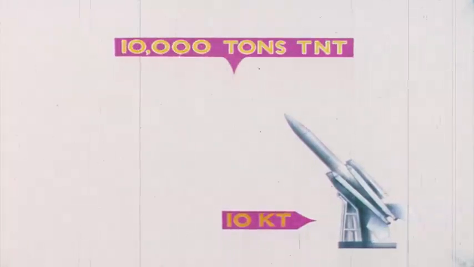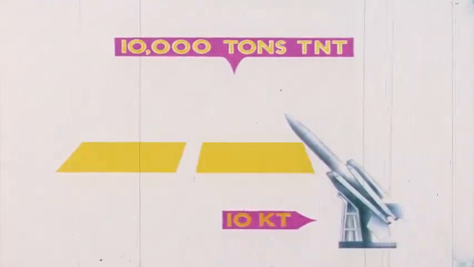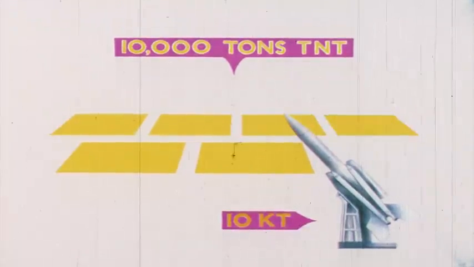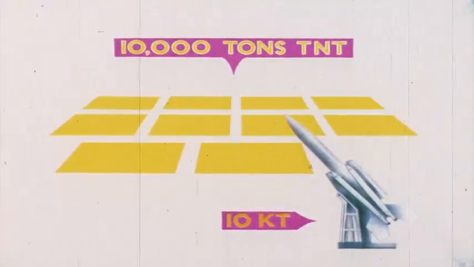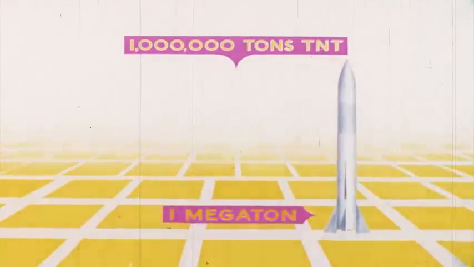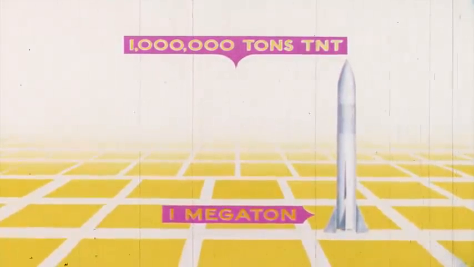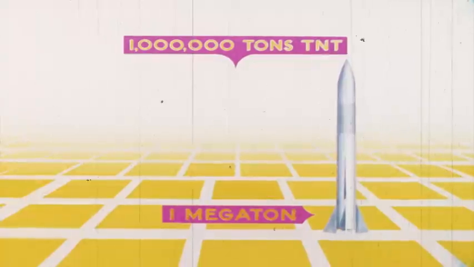Similarly, a 10 kiloton weapon is equivalent to 10,000 tons of TNT, enough to cover 10 football pitches. And so on up to 1,000,000 tons of TNT, where the nuclear prefix changes to mega, as in a 1 megaton weapon,